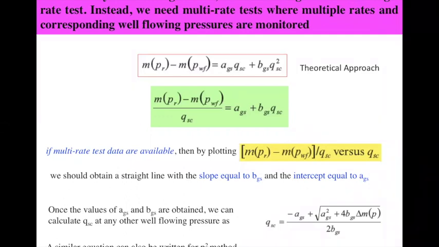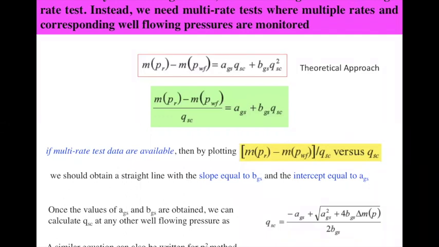So you have to do a multiple point test. That is called a multi-rate test, not a single rate test, right? So this is the concept of the multi-rate test, which has come up to find out these two different constants. And once you have the values of the two constants, AQS and BQS, it is easier for you to get a simple equation which will give you the deliverability of a given well, right?